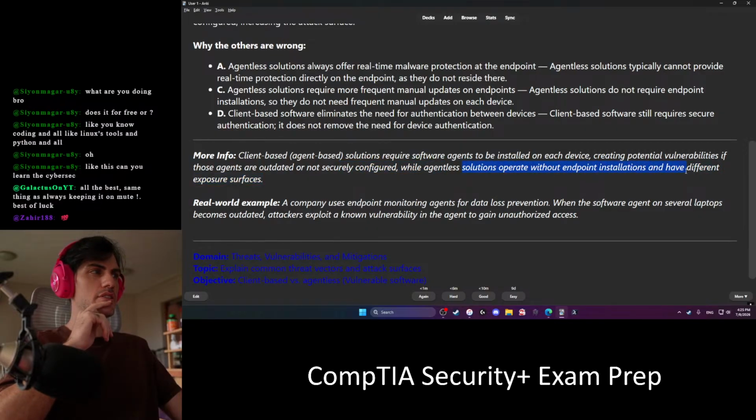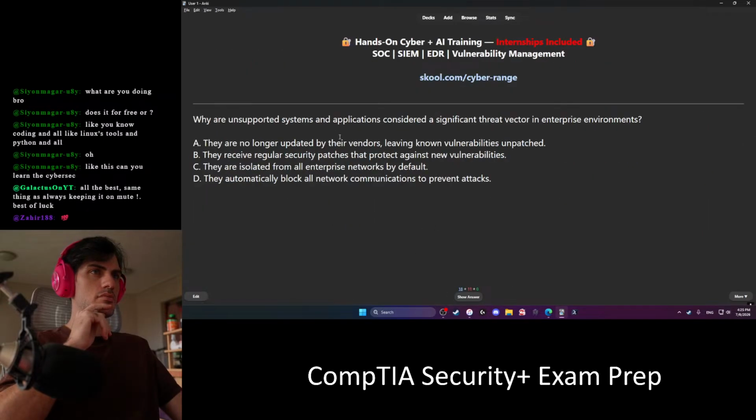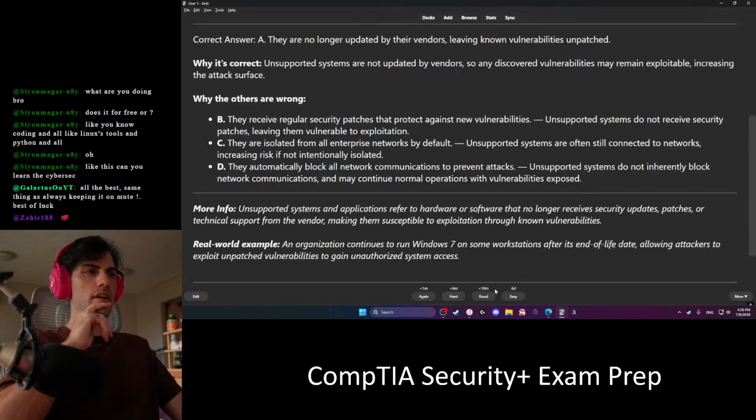Without endpoint installations. A. Already know A.